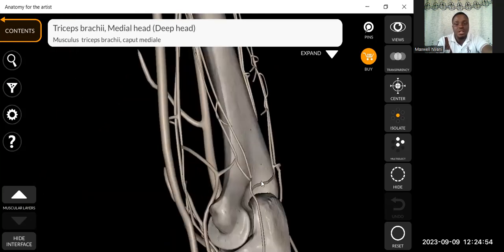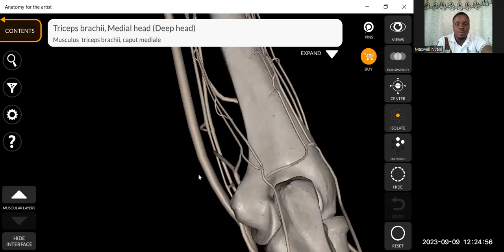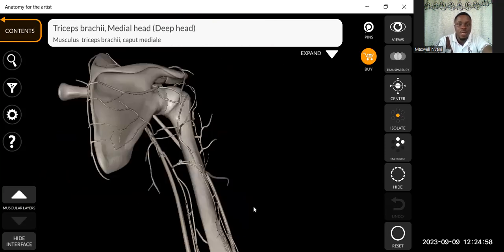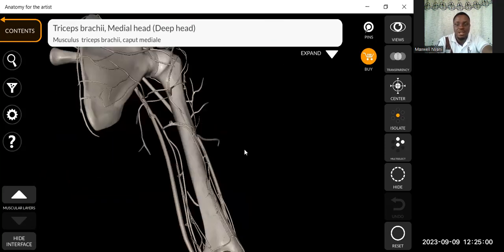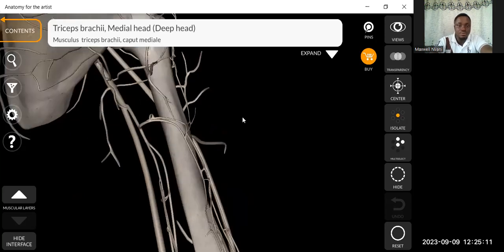Posteriorly, we have the triceps brachii. As the name implies, triceps means it has three heads, okay? Medial head, lateral head, and the long head, right? So the triceps brachii,